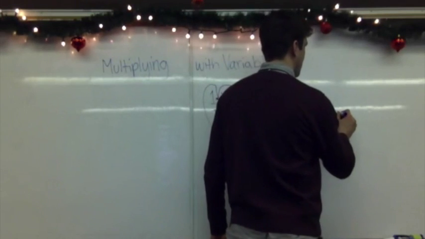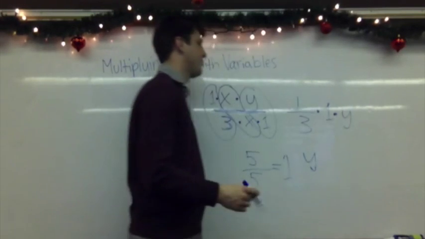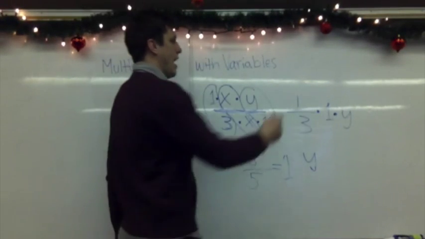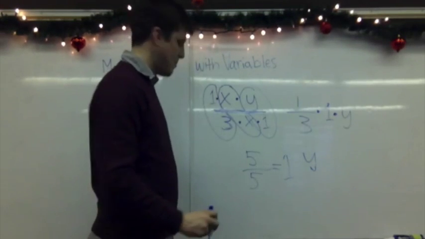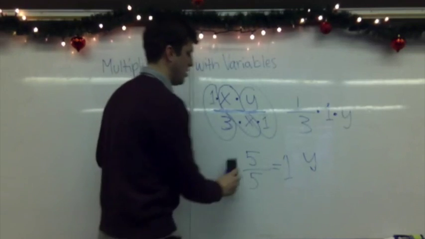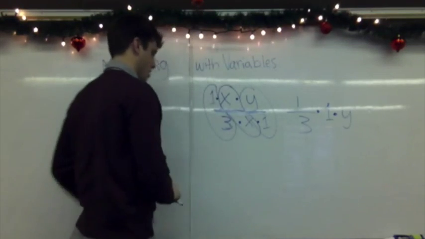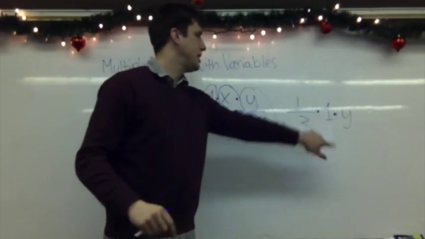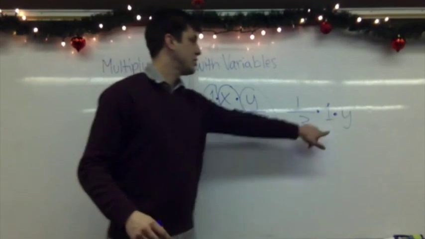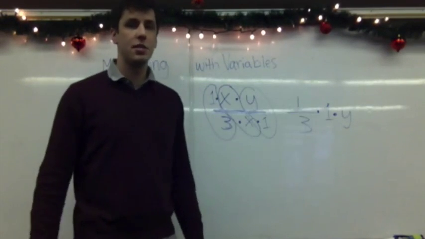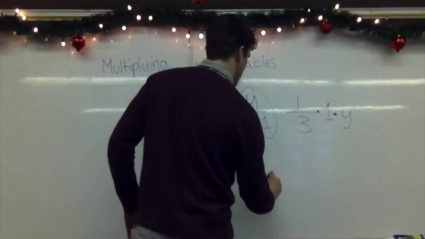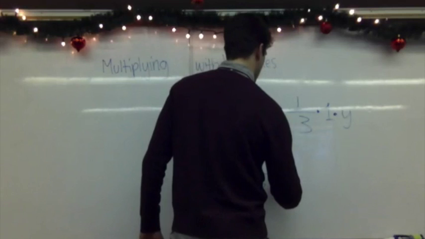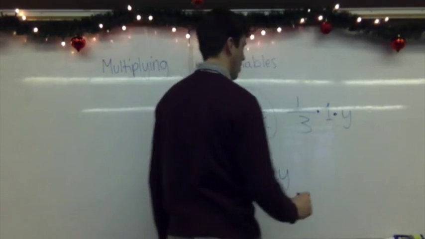So then you have times y at the end of this. Now we can simplify this one further. We have the two numbers here, 1/3 and 1. This one doesn't do anything. Multiplying something by 1 doesn't change the equation. So we have 1/3 times y, or 1/3